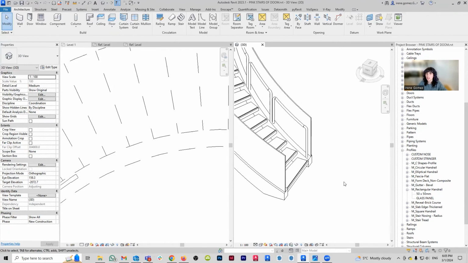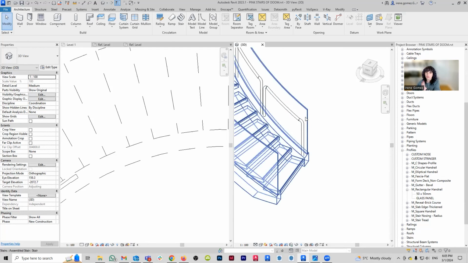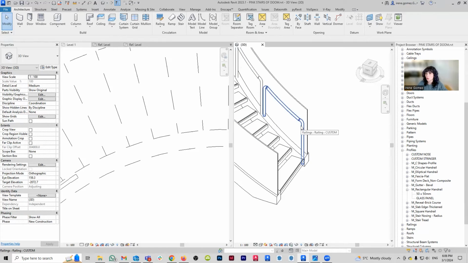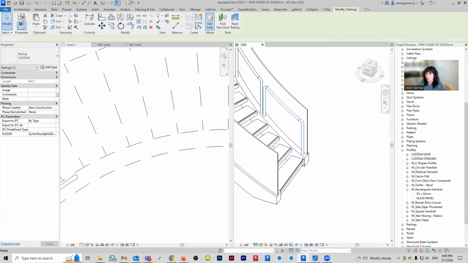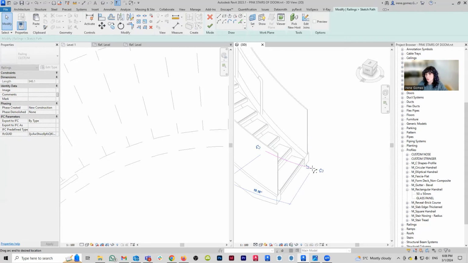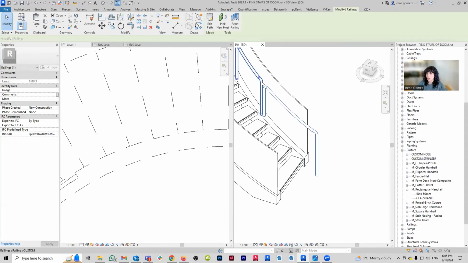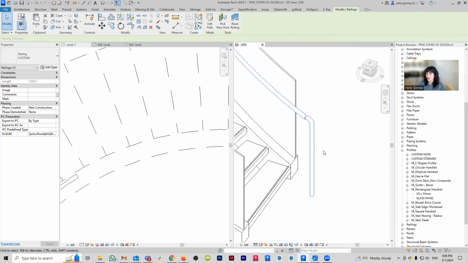So the first thing is that in the reference image, it shows that on the right side, the railing actually protrudes more. So we are going to do exactly the same thing that we've done up to this point. We are just going to select the railing itself, go to edit the path. We're going to select this line, and we're actually going to make it go a little bit beyond. And what that is going to do, like you can see here, is just protruding the rail.